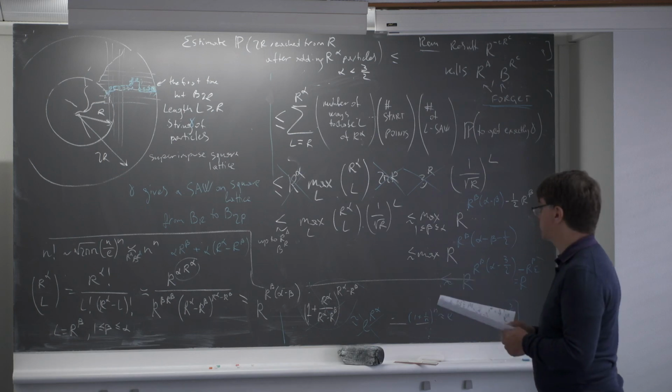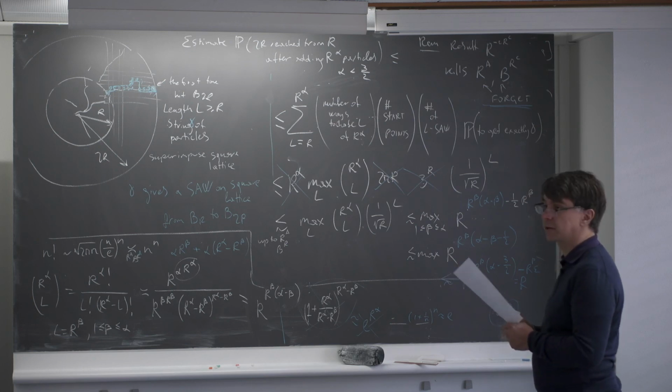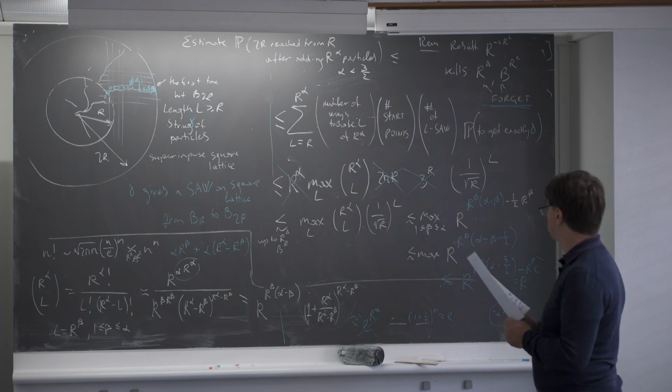So maybe I need to use an estimate not for self-avoiding walks, but of how many simple curves there are in a box of size r. And that also will be